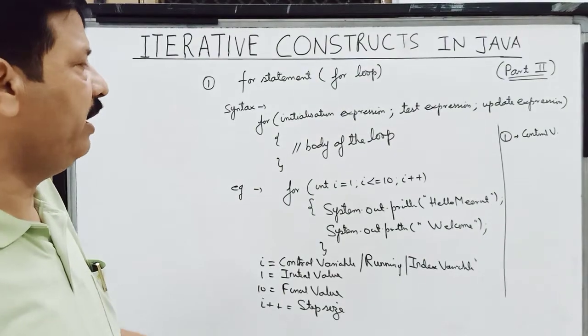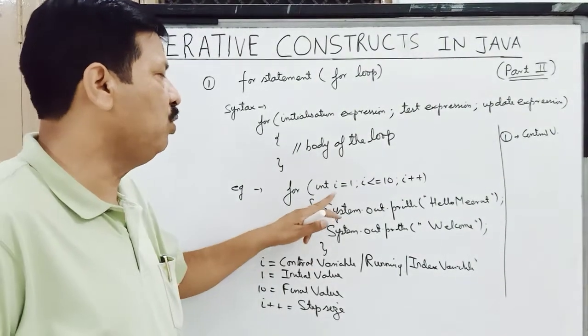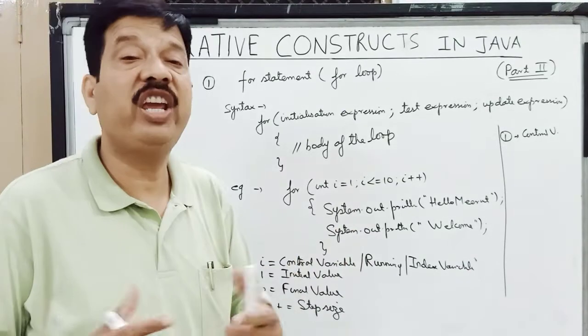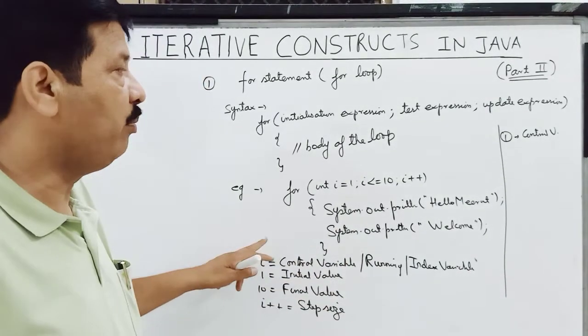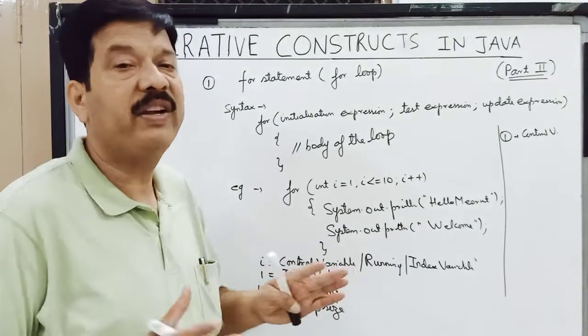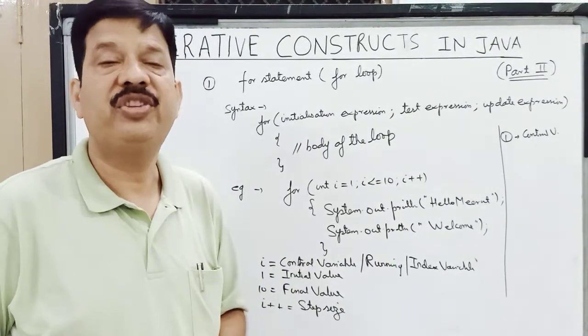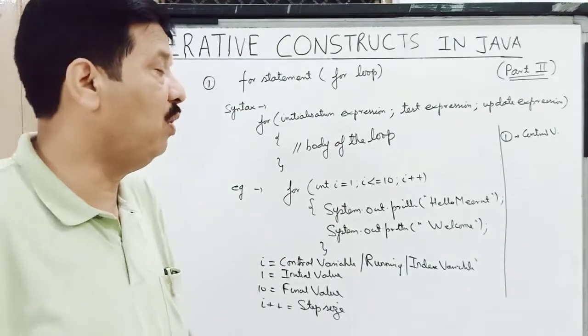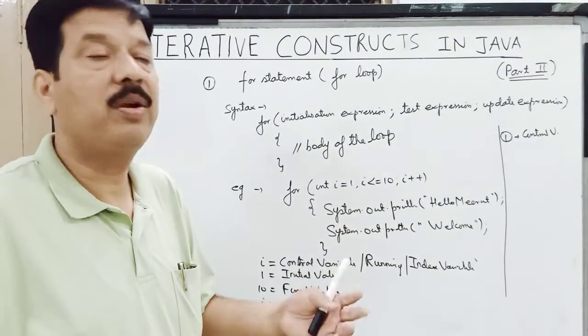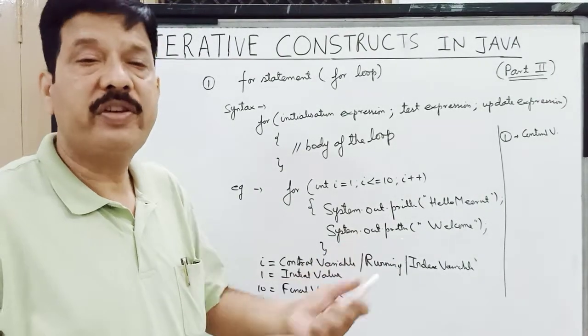Then the next point is that within a loop you can use this control variable anywhere, but we see that we don't change its value. So the second point over here is the control variable may be used within the loop, but its value should not be changed. If you change the value of the control variable, then children, the loop will not get executed that much number of times as you have structured it.